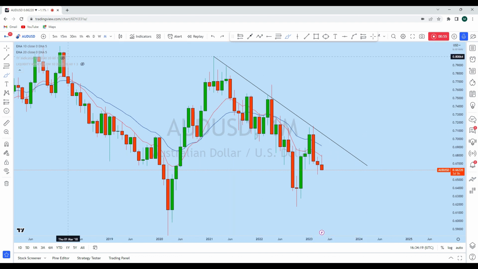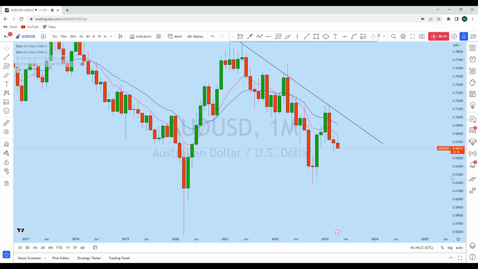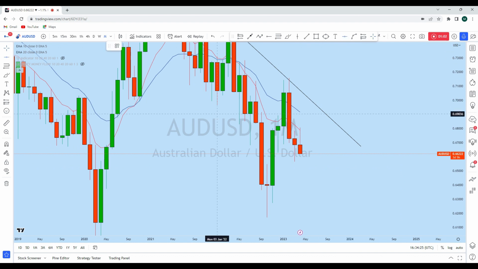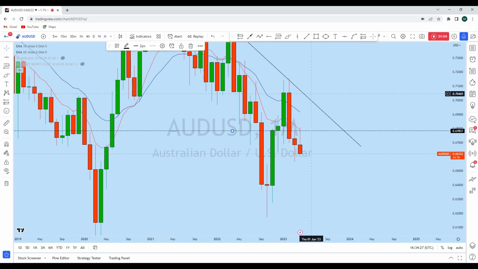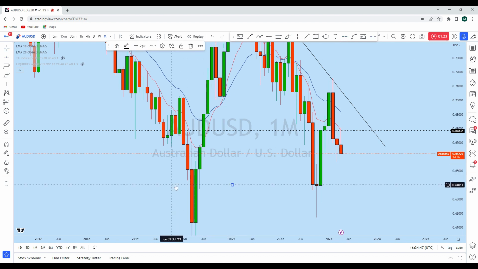Now with that continuation pattern, we have seen that AUD USD this month crossed the previous monthly high. This doji grabbed the liquidity from the top, and now the price is rejecting. As the monthly close is coming very soon in 3.5 days, we could see this AUD USD monthly candle coming down to another liquidity zone. We can expect AUD USD to come back down at least to this doji, where there's a monthly doji and